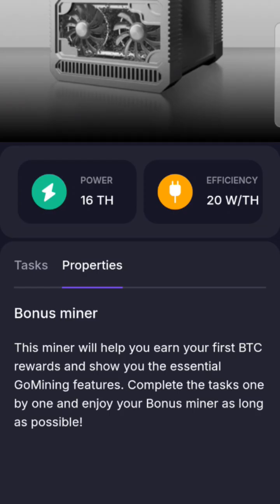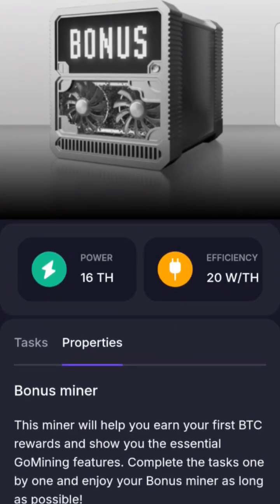Complete the tasks one by one and enjoy your bonus miner as long as possible. And you can earn rewards by doing tasks in order to extend the life and even the efficiency or the power of your bonus miner. So keep an eye out on that, and we will have a more extensive video explaining that in the future. But this is where you will be starting, with your free 16 terahash bonus miner once you